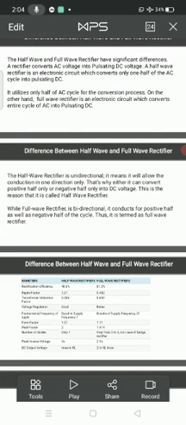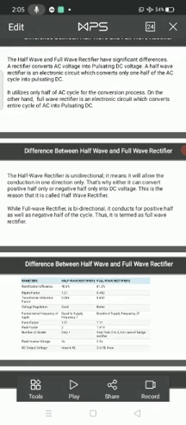That's why the name is half wave rectifier. In case of a full wave rectifier, it will conduct both half cycles, the positive half cycle and the negative half cycle. Then it is called a full wave rectifier. The full wave rectifier has two types: center tap full wave rectifier and bridge type rectifier. In a center tap rectifier, we use only two diodes. In a bridge type rectifier, we use 4 diodes.